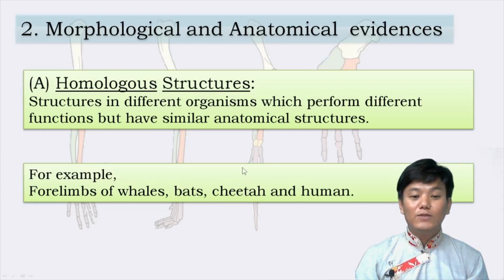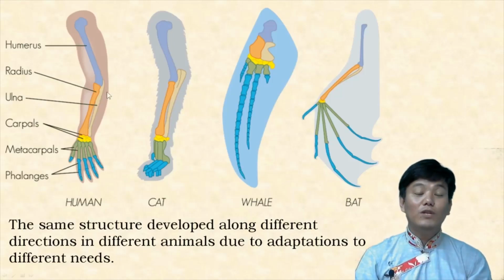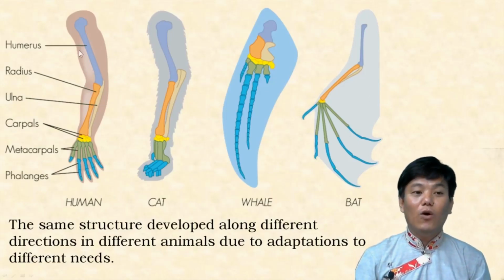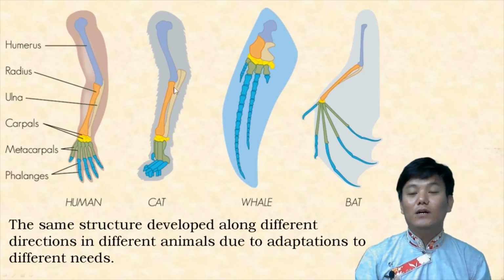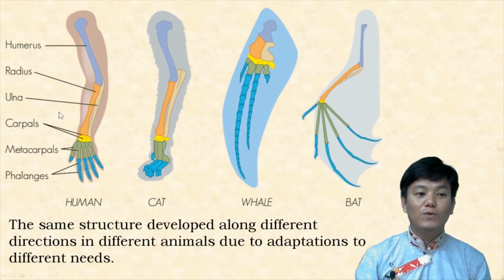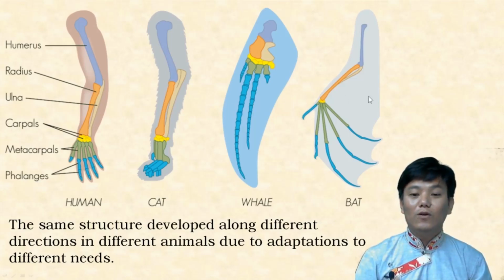Now these are considered homologous structures because if you look at the forelimbs of these different animals, even though they look different and function differently, their anatomical structures are the same. They all have humerus, radius and ulna, carpals, metacarpals and phalanges in their forelimbs. So these are nothing but the bones present in our forelimb, right? Humerus, radius, ulna, carpals, the wrist bones, metacarpals meaning our palm bones, and then phalanges, the digit bones, right?